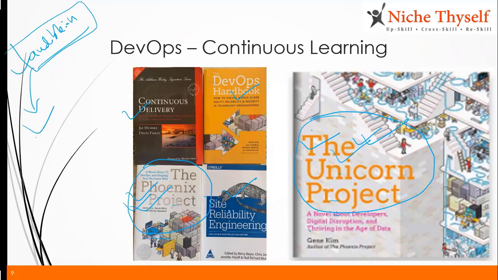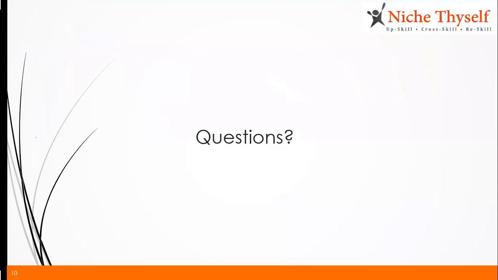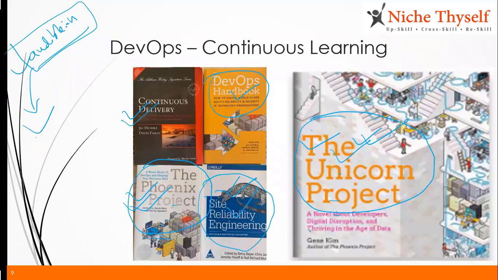And this is site reliability engineering, mainly from how it was happening at Google, right? This is also a very good book to understand what DevOps processes are, what all things involved in DevOps, and continuous delivery is also a very good book to go for, right? So you have to do a lot of readings also as part of this training, right? So this is what I wanted to cover today,